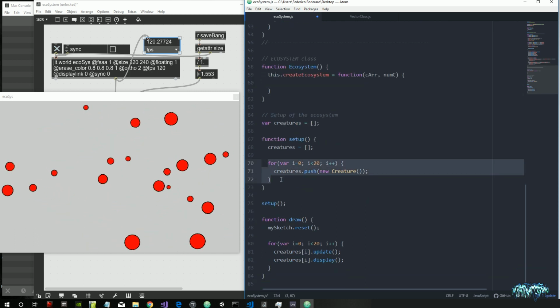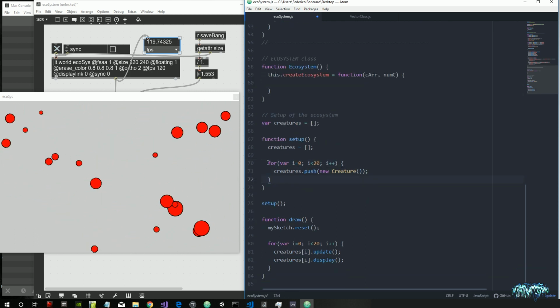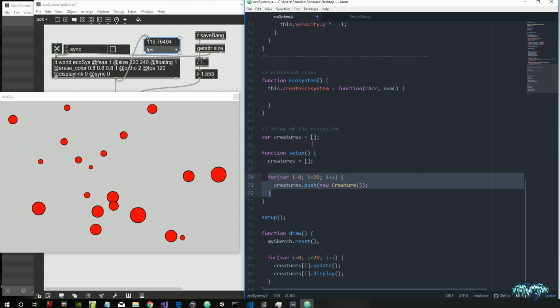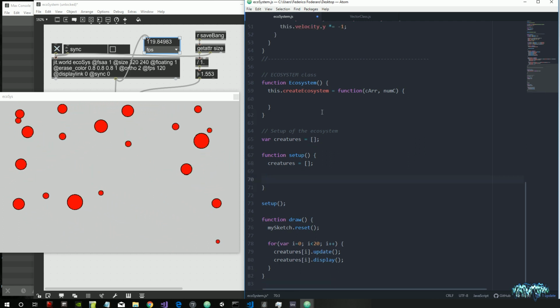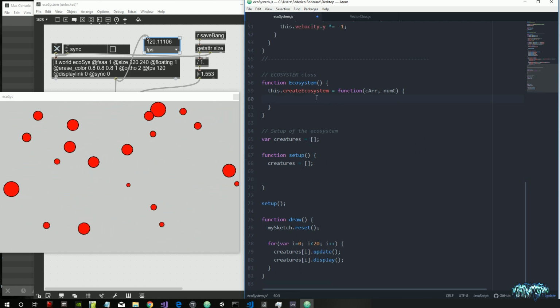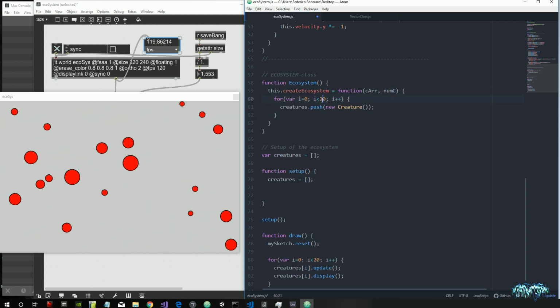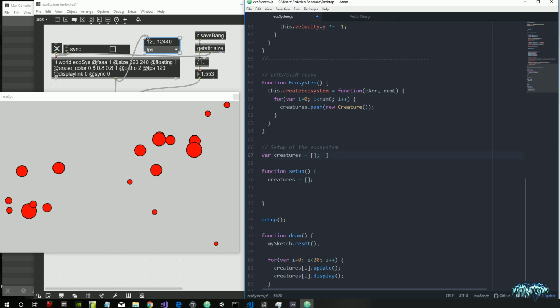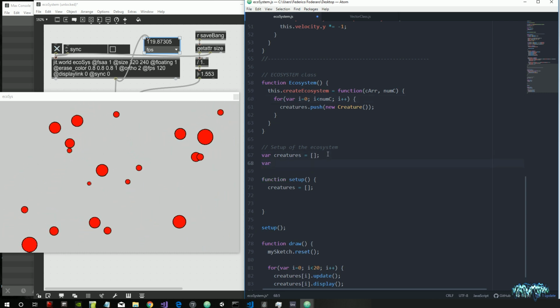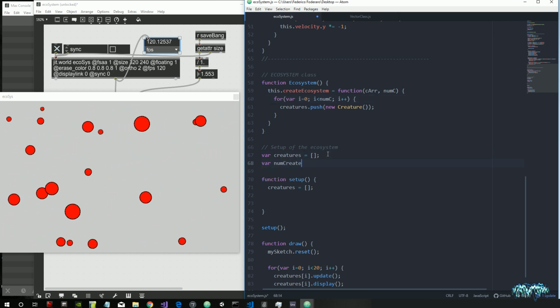And we put this for loop, which we created inside the setup function, now here inside this createEcosystem, and this will not be 20 anymore, but the number of creatures. So let's create a global variable numCreatures